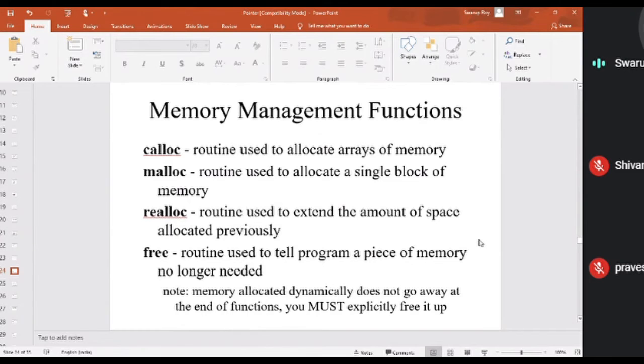You can cut that link and ask the operating system to take back that space, so that later any other program, or even my program itself, can utilize that space instead of my program keeping hold of it. That is always a good practice: whenever you use dynamic memory allocation, you should always try to free it, at the end of the program or wherever you feel there is no more use of it.